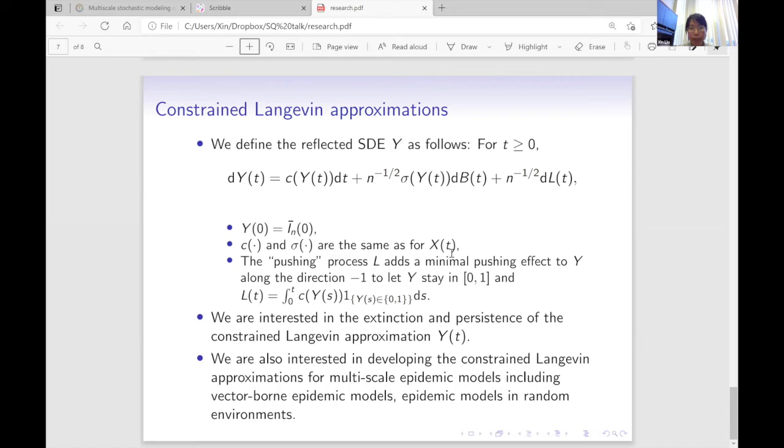Because we believe that for the original Markov chain model, this quasi-stationary distribution does exist, because you have a finite state space and you have a 0 at the boundary point. I think you will have a unique quasi-stationary distribution for this model as well, because you're in a compact state space and, I imagine, sigma is